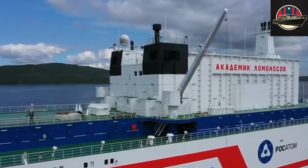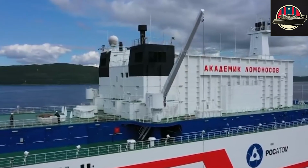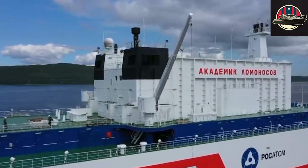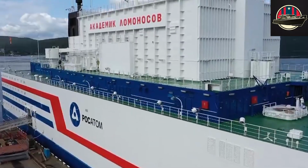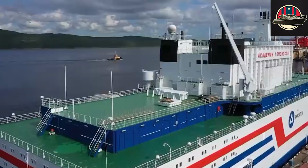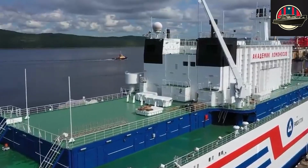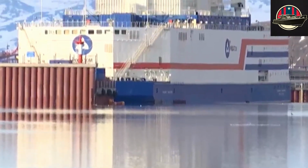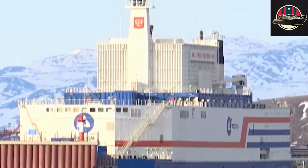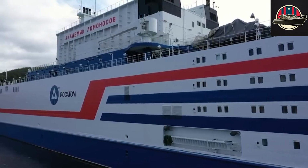If the idea of a floating nuclear power plant gives you pause, you're not alone. Meet Akademik Lomonosov, a Russian vessel that's essentially a mobile nuclear energy station. It's designed to provide electricity to remote Arctic regions where building traditional power grids is next to impossible. Sounds practical enough, right? Yet, the concept raises eyebrows among environmentalists, who nicknamed it a floating Chernobyl long before it